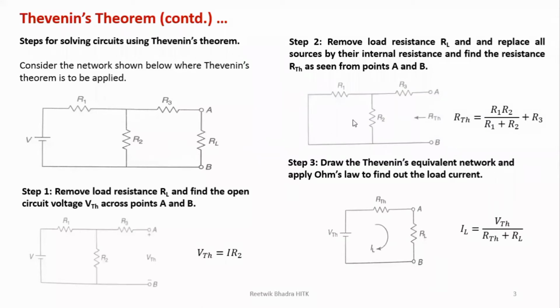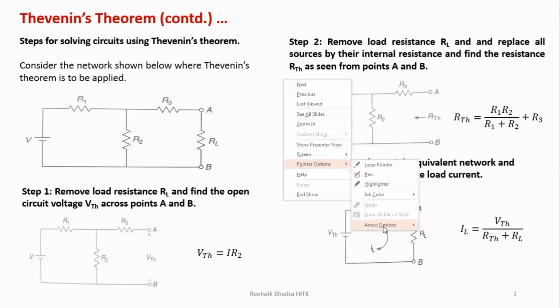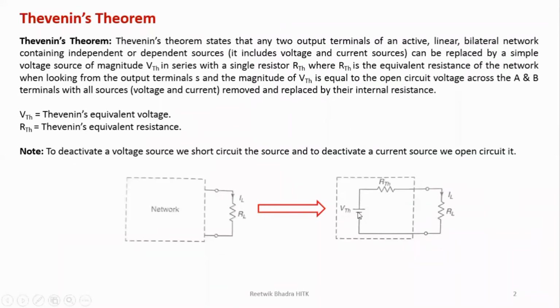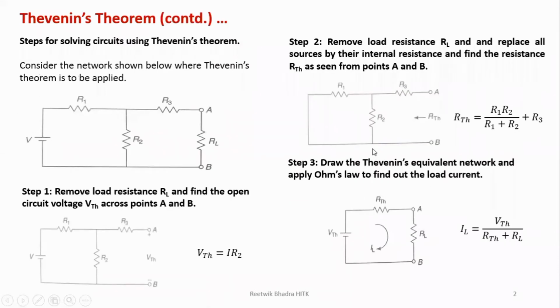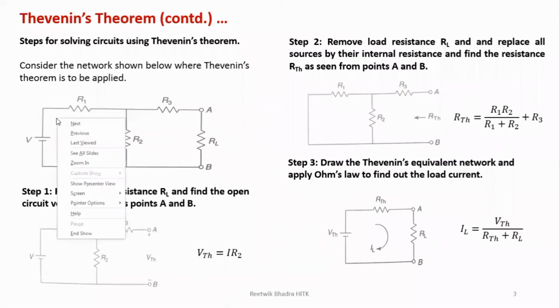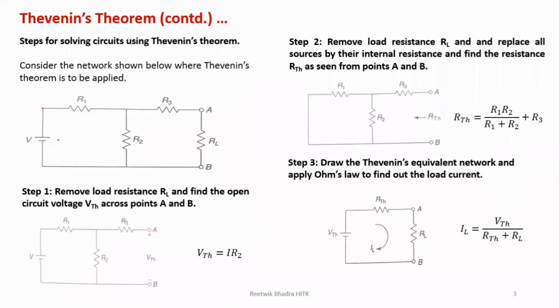Let's start now. So what is happening over here is in step 2, we are finding the equivalent resistance. We had found out the voltage source. Now the step in order to find the equivalent resistance is we have to deactivate whatever sources are present in the circuit. In order to deactivate a voltage source, we'll short circuit it. Short circuit voltage is 0. So if I want to deactivate this voltage source, I'll take a wire and connect these 2 points. So this will be short circuited, and the voltage source value will become 0.